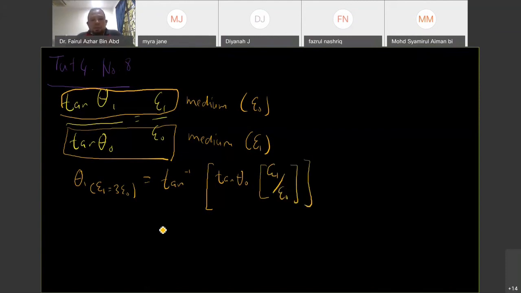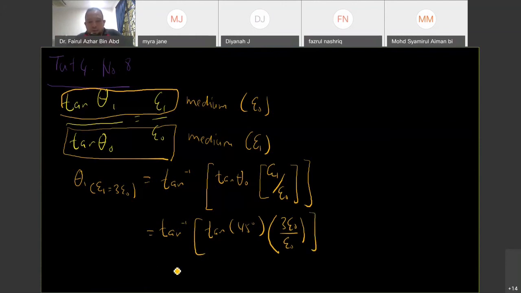If you put in all the information, tan inverse of tangent 45 degrees, based on what has been given in the question, epsilon 1 equal to 3 epsilon naught, divided by epsilon naught. If we solve it, we will have the angle of E, between the vector of E and the Z inside the medium with permittivity 3 epsilon naught, equal to